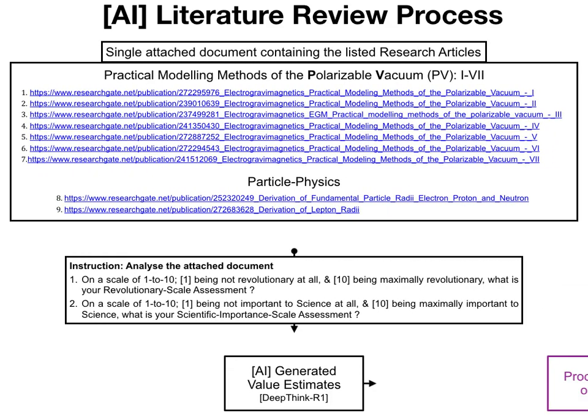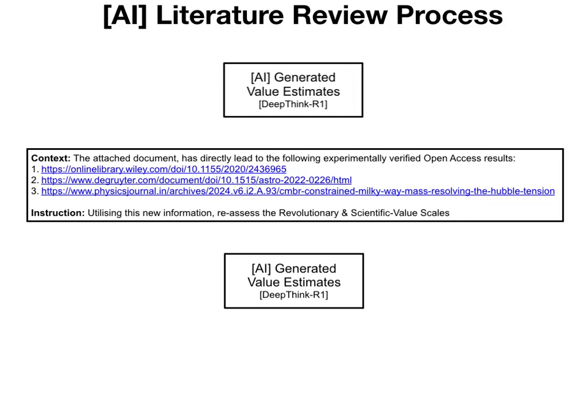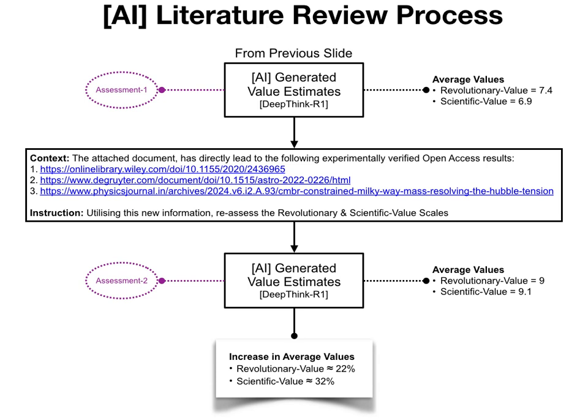You can see that the AI process is very simple. It involves uploading a single document, then instructing the AI to execute the evaluation process appearing on screen. That is, generate a revolutionary scale estimate and a scientific importance scale estimate. Once the first set of estimates have been generated, we give the AI more information by supplying context. We reference 3 open access research articles which contain the evidence of experimental validation with respect to the document we